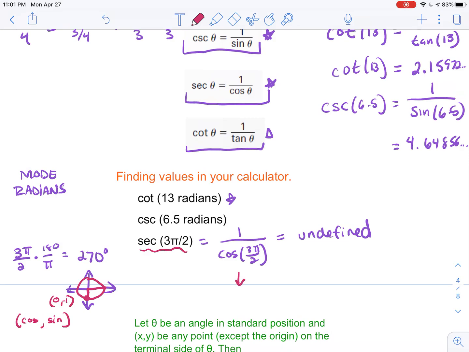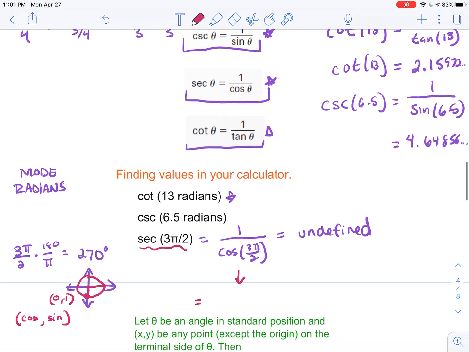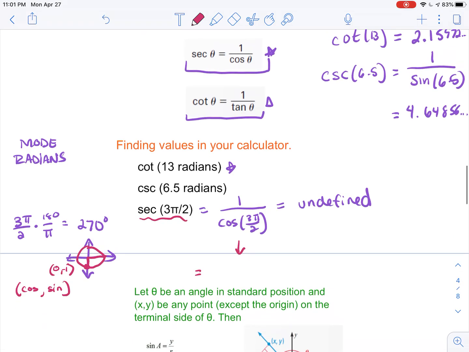So although I may not know what this is, if I wanted to calculate 1 over cosine of 3 pi over 2, I can replace my denominator with the x value that I see here, because that's cosine of 270 or cosine of 3 pi over 2. And that's a 0. So when we have these reciprocal trig functions, we have to be wary of having 0 in our denominators because that gives me the undefined values that we're going to have to watch out for. So if you ever get an error on your work, please know